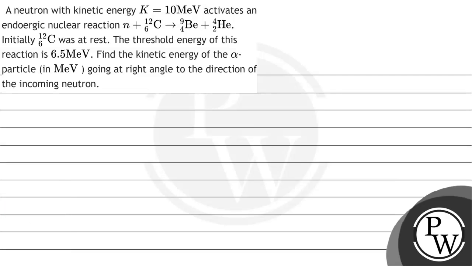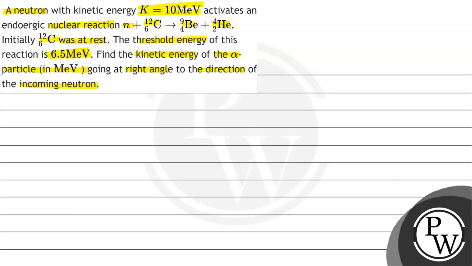So the question says a neutron with kinetic energy K equal to 10 mega electron volt activates an endoergic nuclear reaction: neutron plus carbon gives beryllium plus alpha particle. Initially, carbon was at rest. The threshold energy of this reaction is 6.5 mega electron volt. Find the kinetic energy of the alpha particle in mega electron volt going at right angle to the direction of